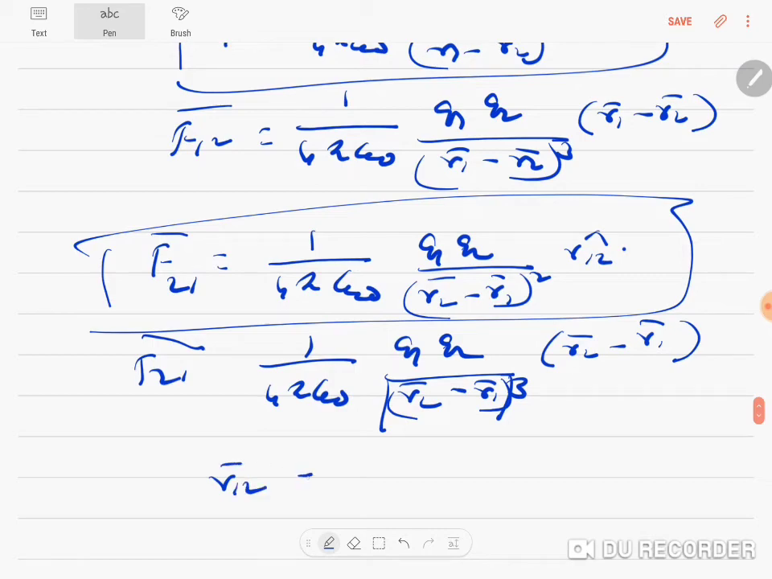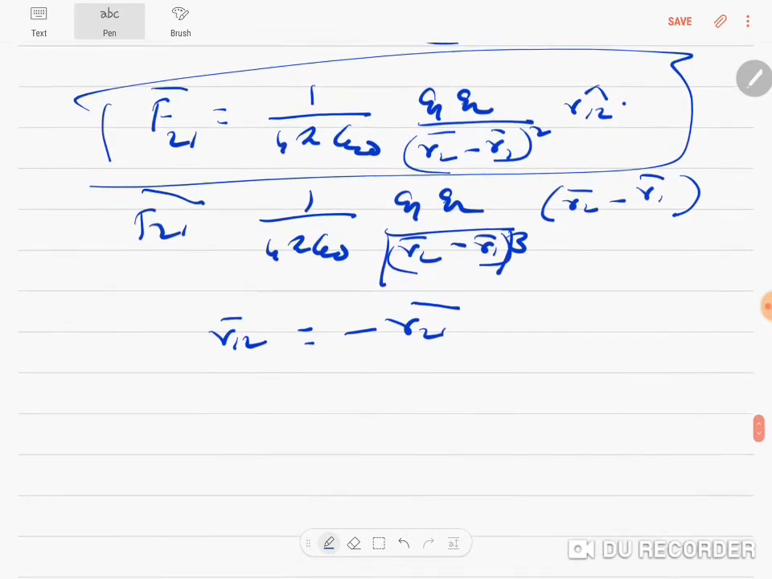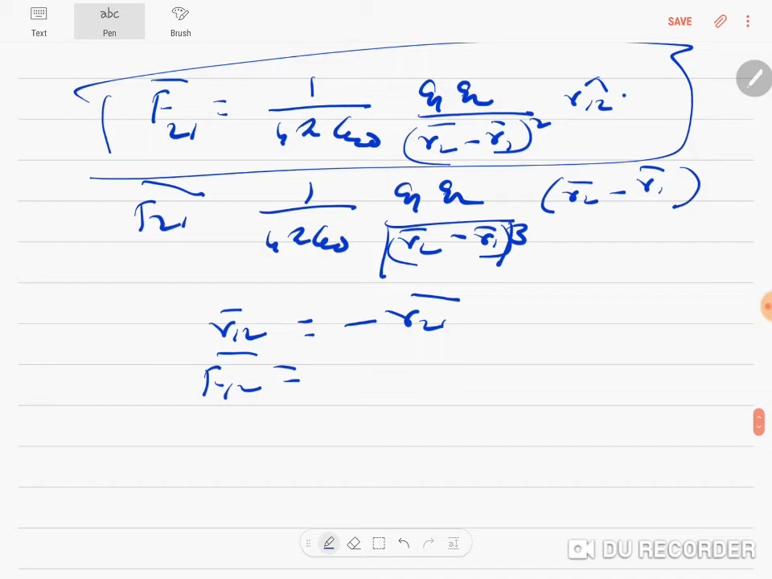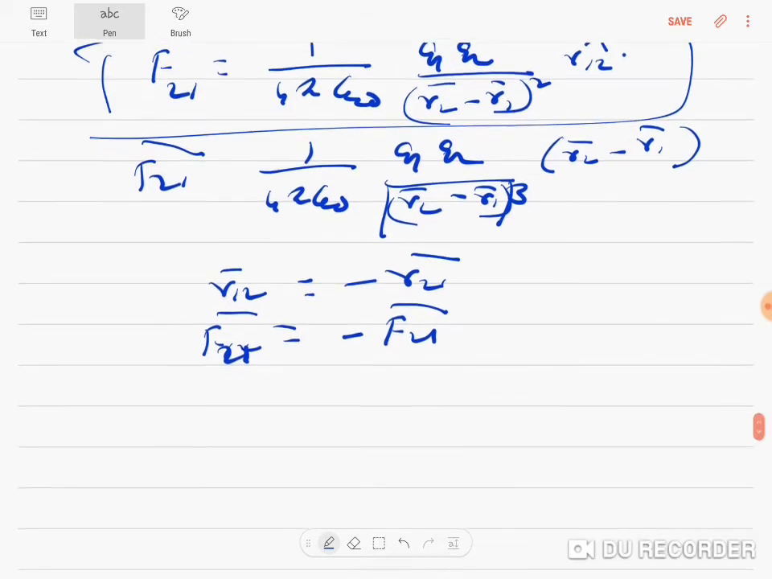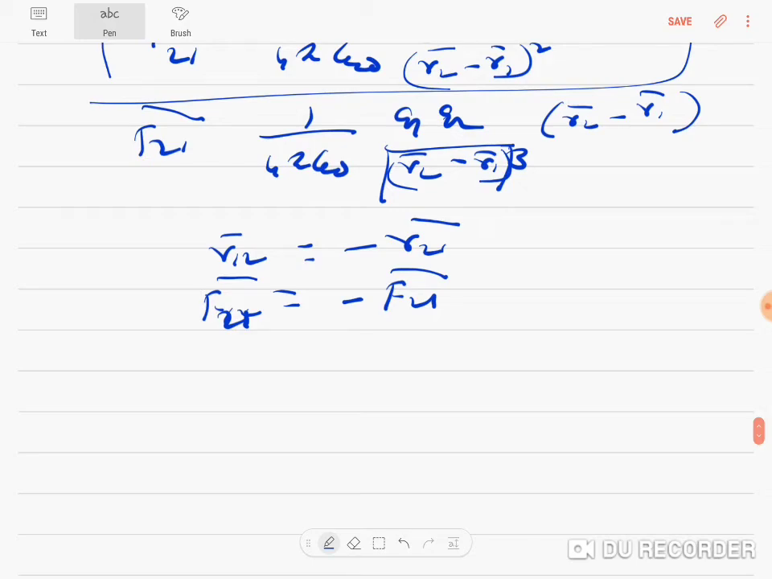You know r12 vector is minus of r21 vector, and hence the force F12 will be negative of F21. Equal and opposite force, and equal and opposite because charges are also the same. And so then net force acting on the system will be equal to 0. Okay, so next is